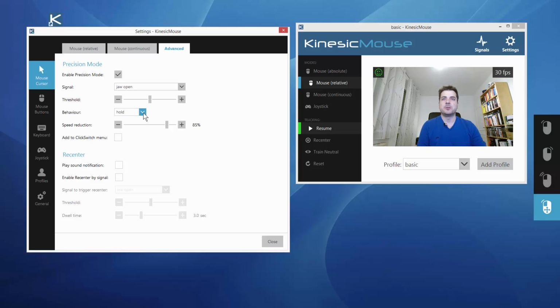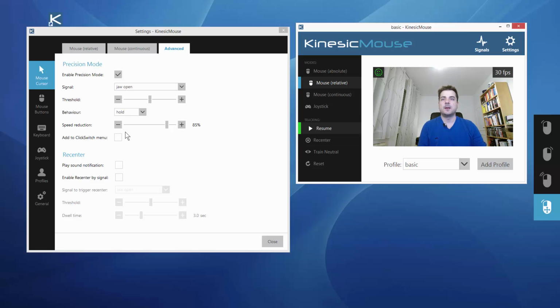So let's check out the hold. While I have my mouth open, the precision mode will stay active, and if I close my mouth, it will be back to normal again. So that's the hold function.